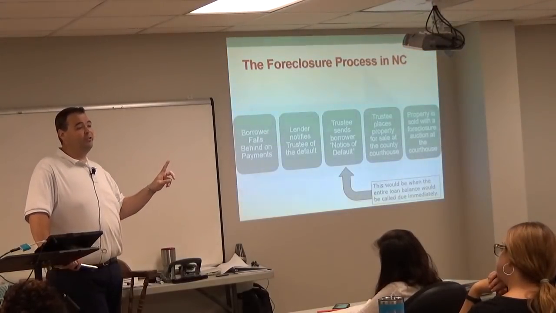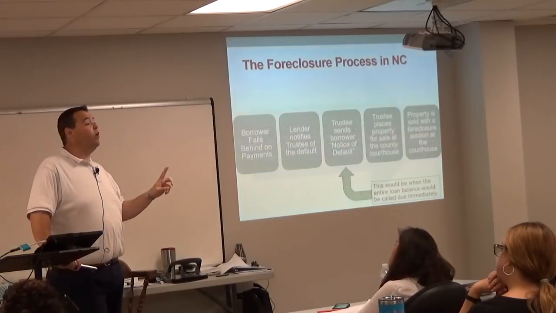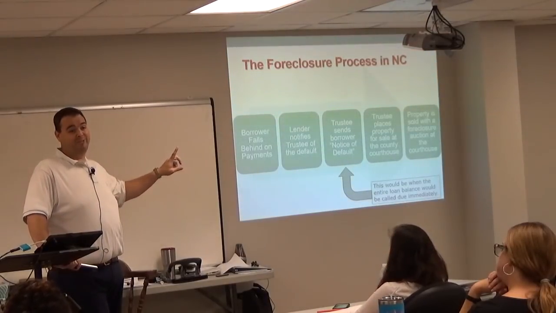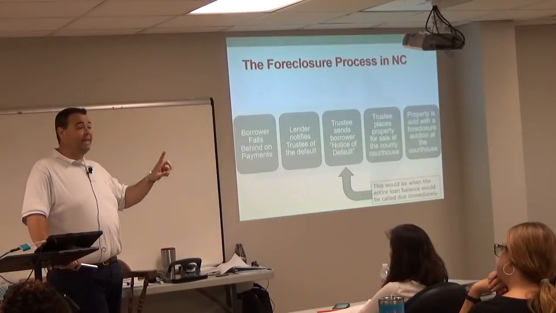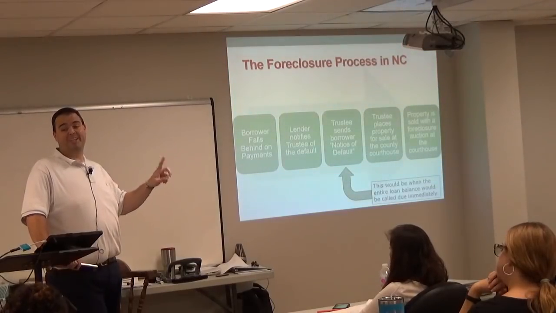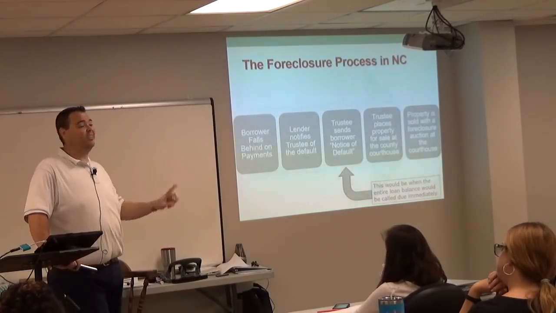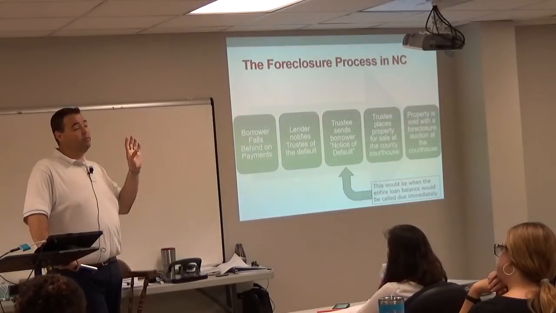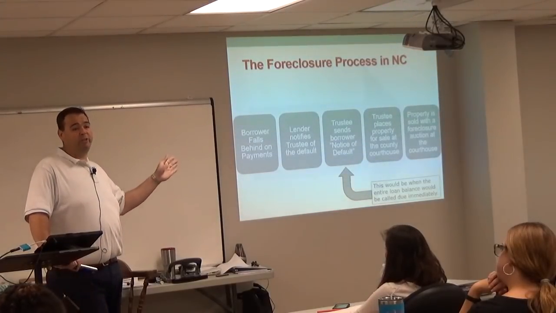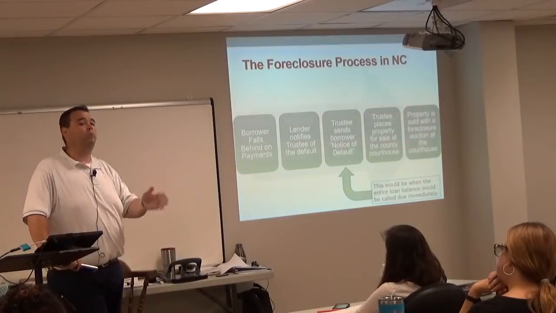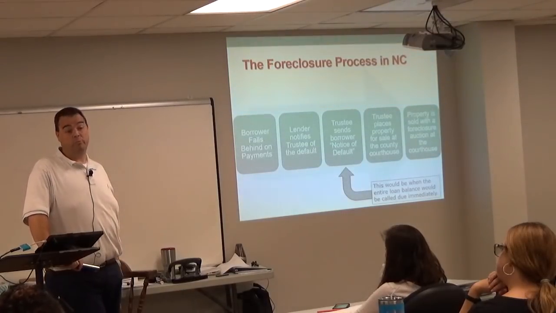They will notify the trustee. You will get the notice of default within 2 weeks of going 2 months late. Wow. And they will file the affidavit of possession as soon as they have sent the notice of default. From the time you miss your first mortgage payment with them to the time you are out of that property is usually less than 100 days.